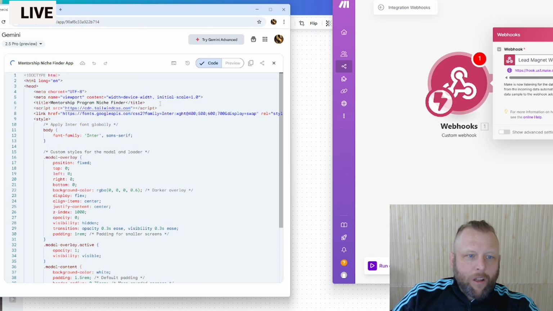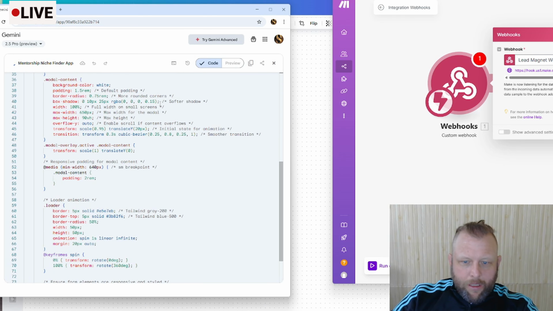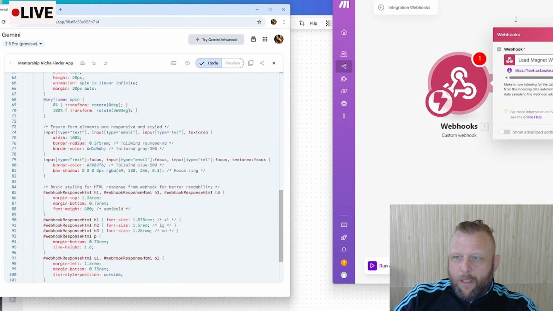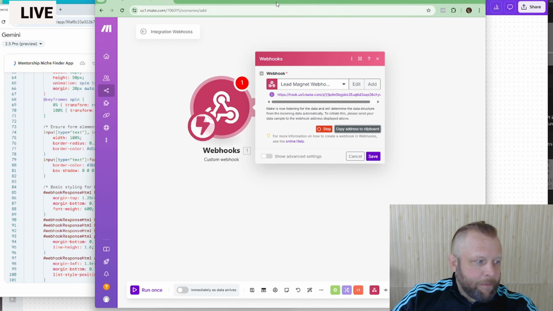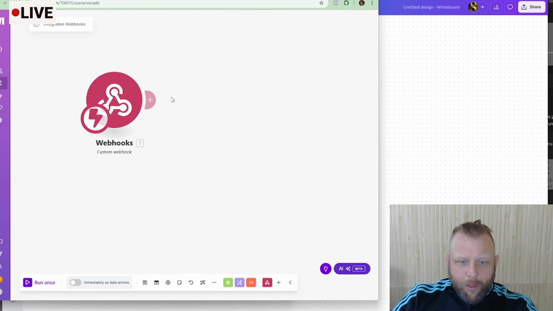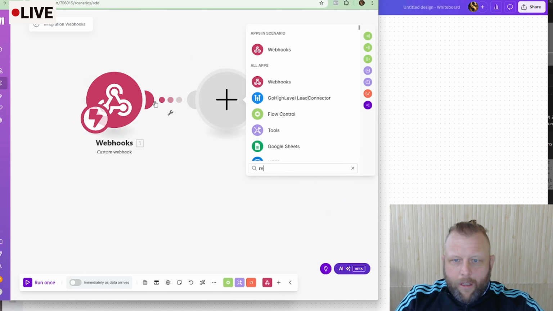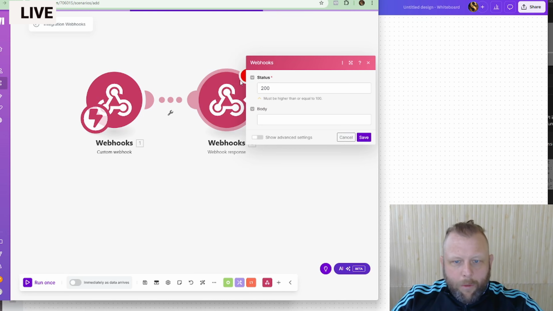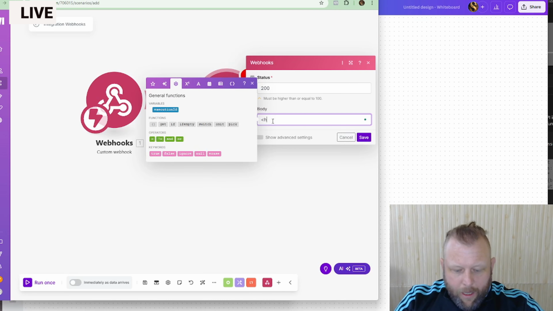Nice. Okay. So it puts it in the canvas, what we want. Starts writing it out. So while it does this, to test it, it just means that when the data comes in, we're going to add some stuff in between, and then we're going to do a reply. It comes in through the webhook response, and we're just going to hit HTML. I'm just going to close this one, and then HTML, close that, and we're just going to say